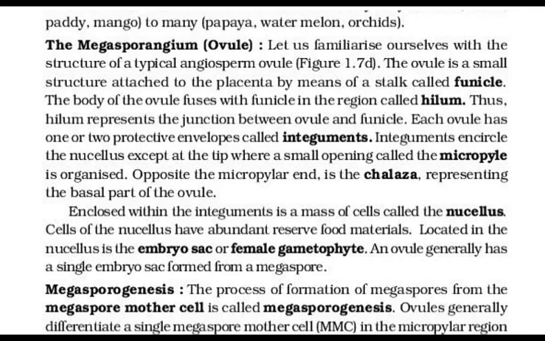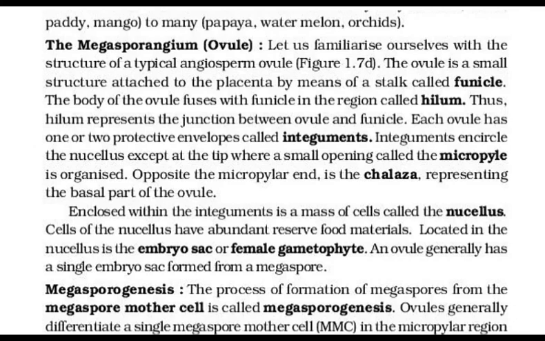It is possible to store pollen grain of a large number of species for years in liquid nitrogen at -196 degrees Celsius. ठीक है। Next is the pistil, megasporangium, ovule and embryo sac. ठीक है।